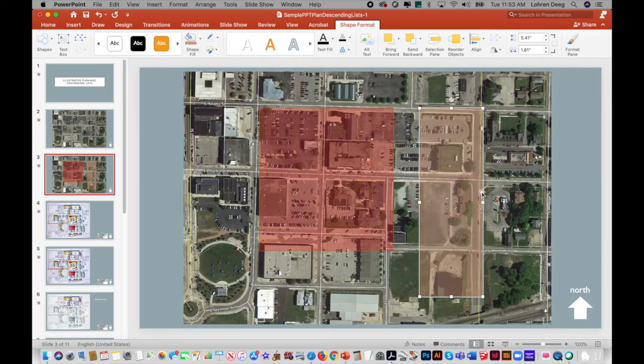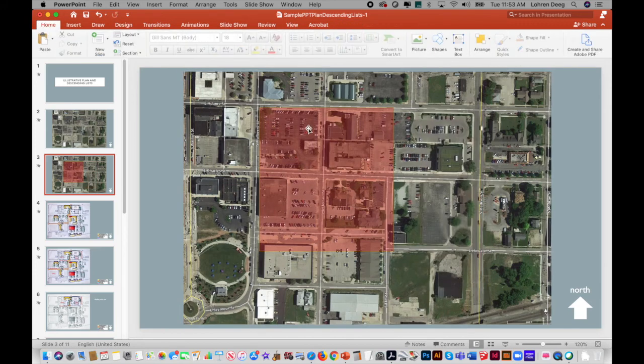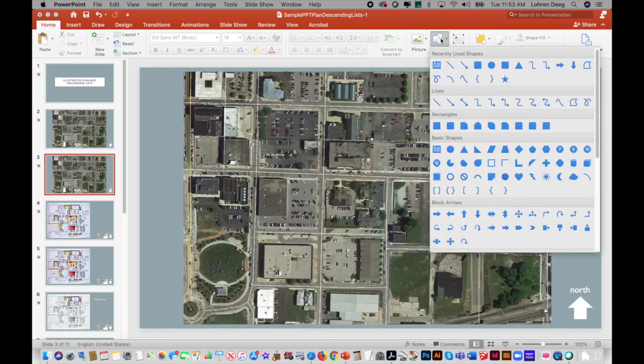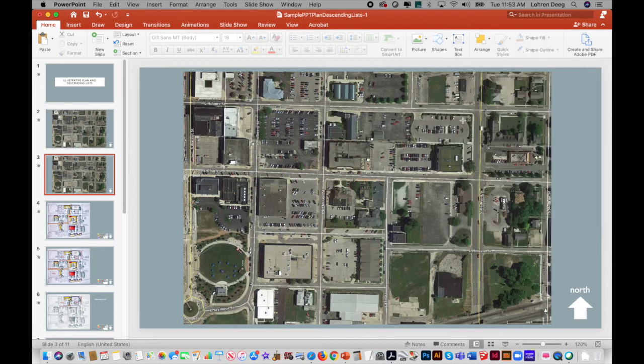So it's a way of very subtly starting to add emphasis to a portion of the aerial map. Another way, for a very difficult shape, we might choose the freeform tool in the shape menu. That freeform tool allows me to make a very unique shape to a real estate or property situation. We'll just make a tracing here, just as we would in Adobe Illustrator, of a freeform shape that then fills